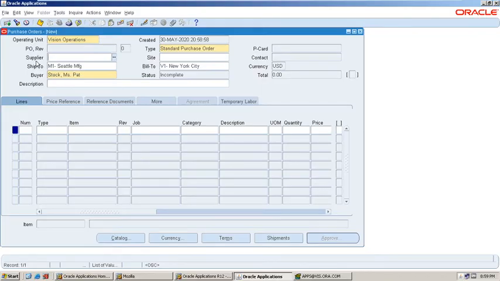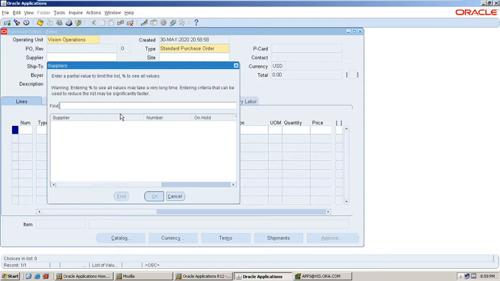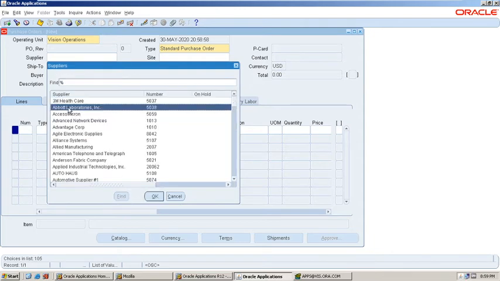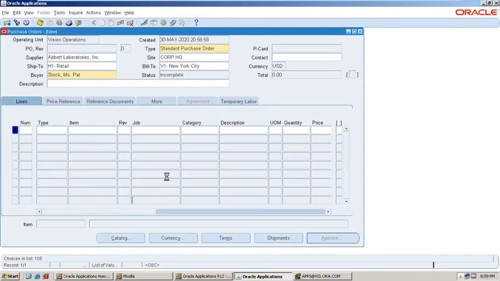At quotation, from which supplier have we received the quotation? Abbott Laboratories. Select the same supplier from which you received the quotation. Based on the supplier quotation only, we are going to create the purchase order.